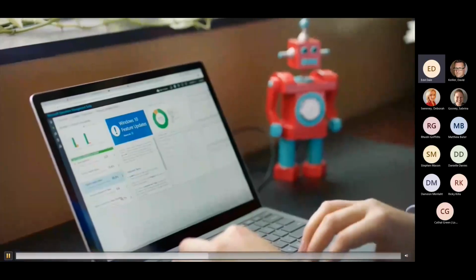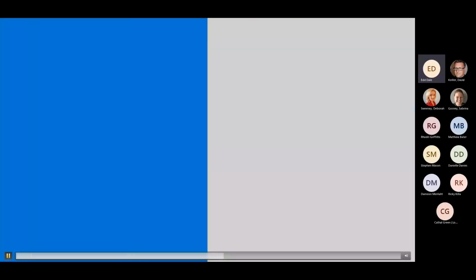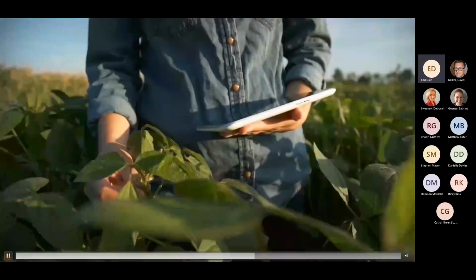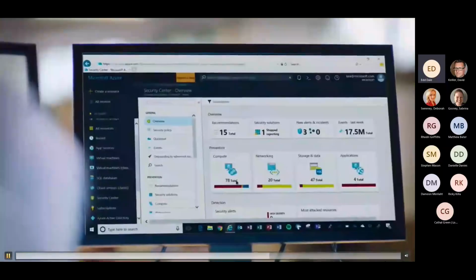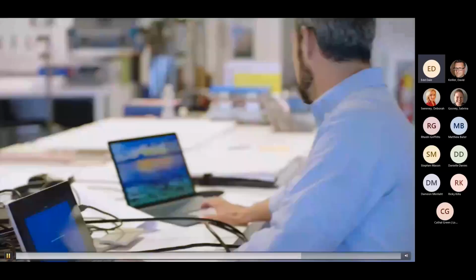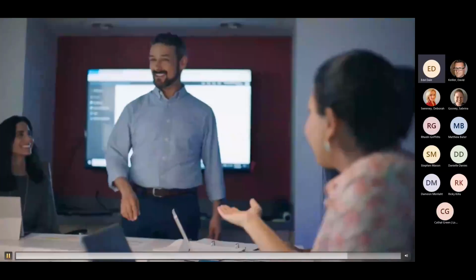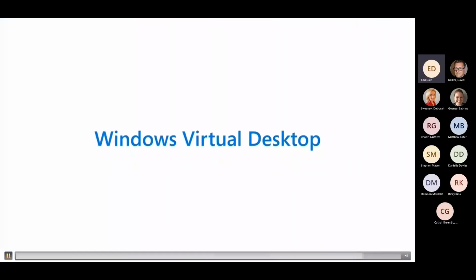Always up to date and available on any device. Optimized for Office 365, so you can deliver the most productive experience to your users. Delivered on Azure, so IT can quickly virtualize and deploy modern and legacy desktops. The best virtual desktop experience, delivered on Azure. Windows Virtual Desktop.